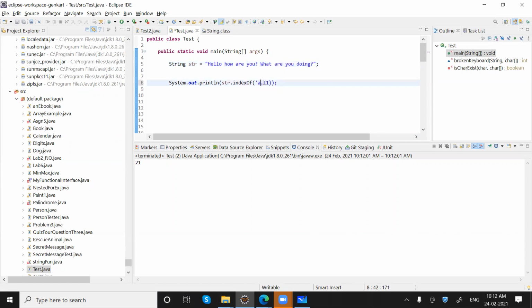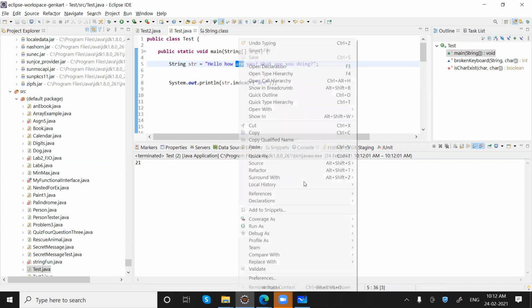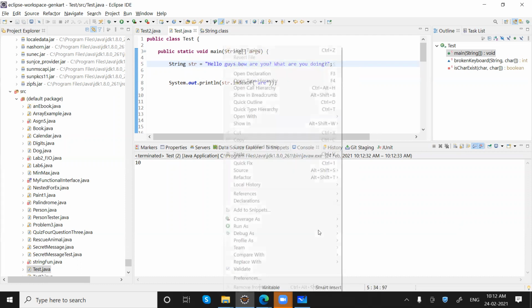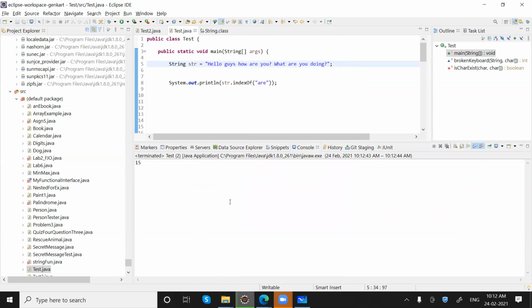Similarly, we can use this with a string. This time I'm saying R. So where is our first R? It is again on the 10th index. Let me move it forward. Now the position will be changed, so it is at the 15th position.